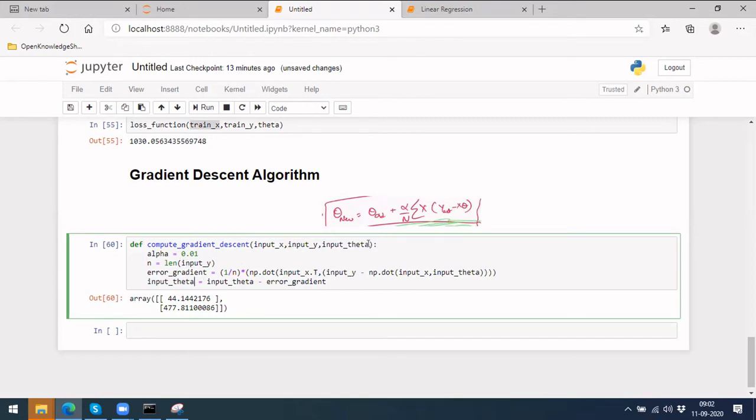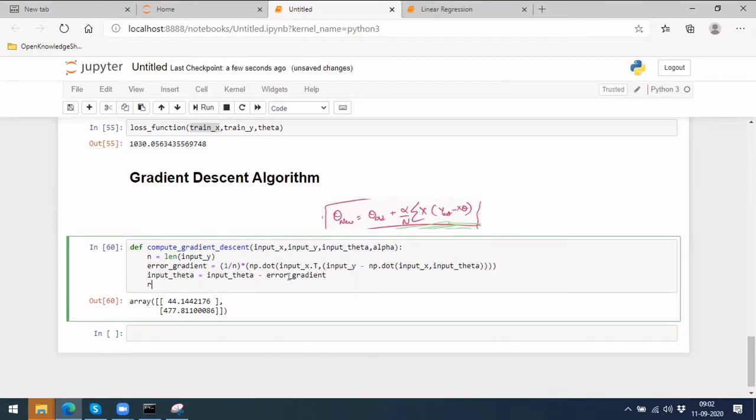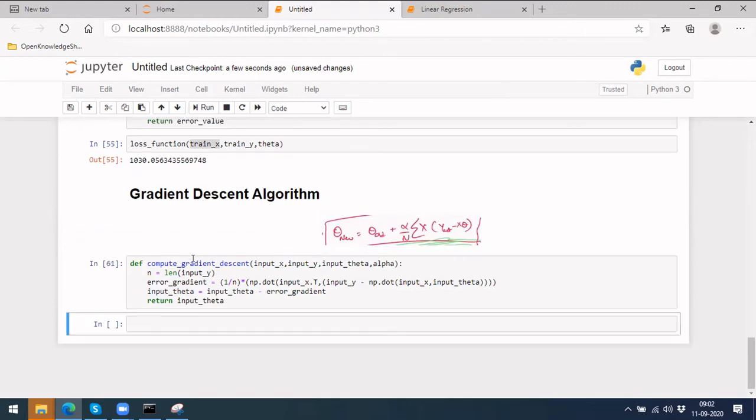Along with this, alpha and all those things, let's give it here as an input because we can play with it later. So this is what we need. This is about gradient descent, and let's return the new theta here. So this is the gradient descent.